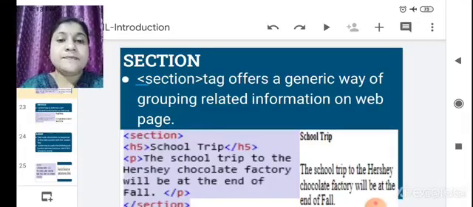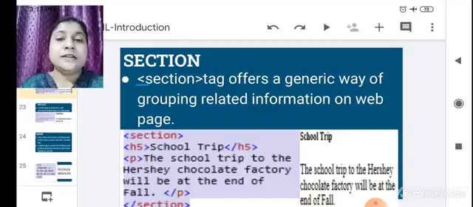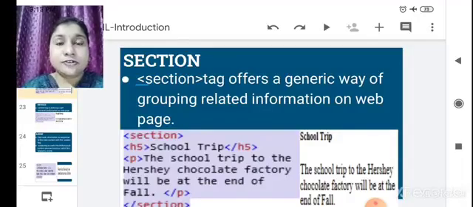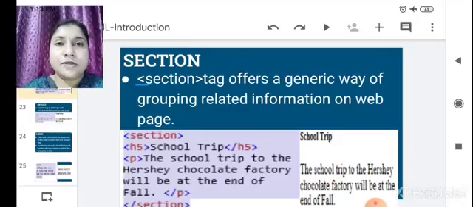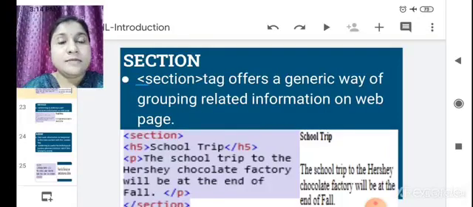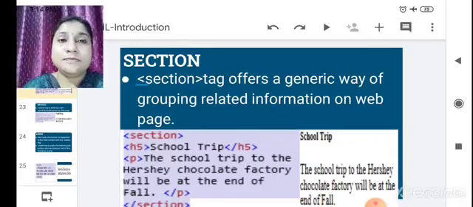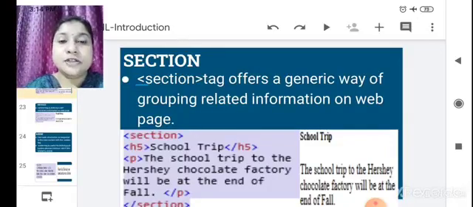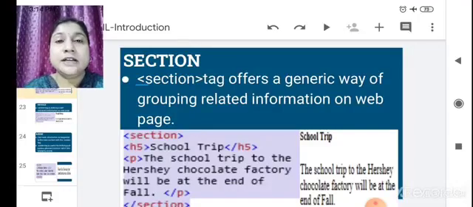So for what purpose is the section tag used? The section tag defines a section of the document. If you have searched for any information on Google, you get many links. You open any one of the links related to that information, and you can see it defines sections of the document, such as chapters, a header, a footer, and many other sections.